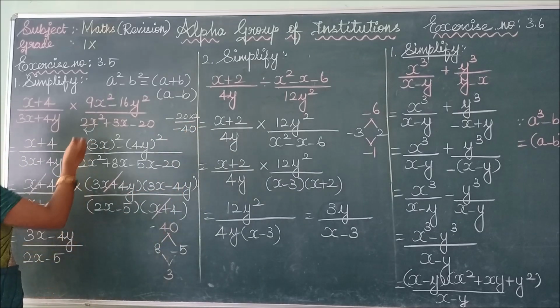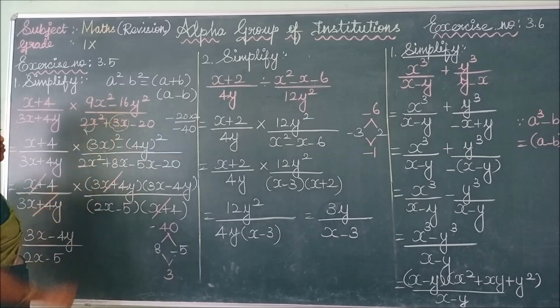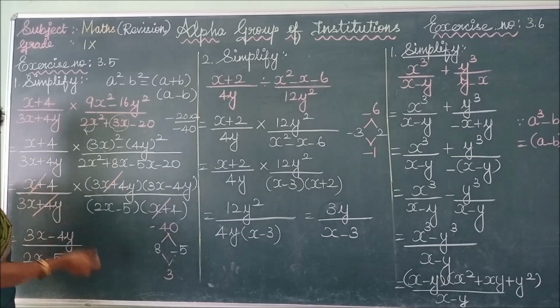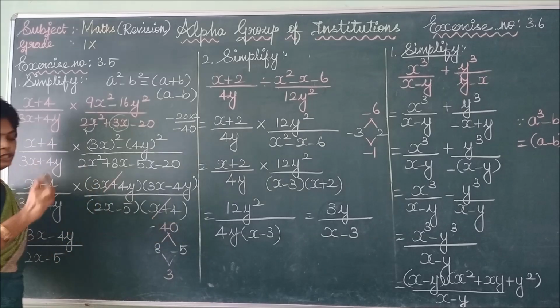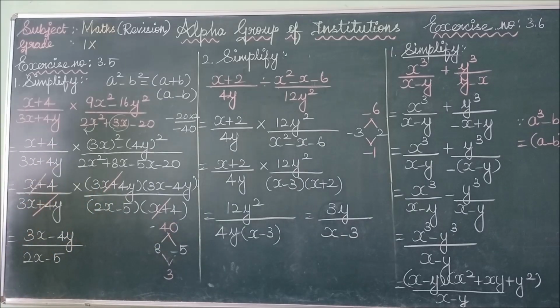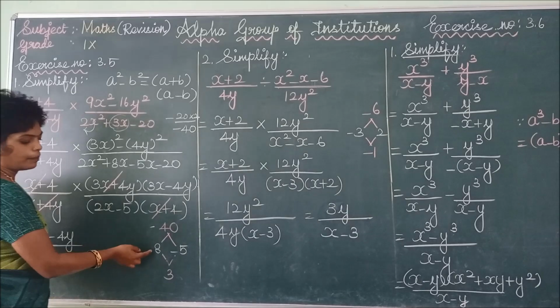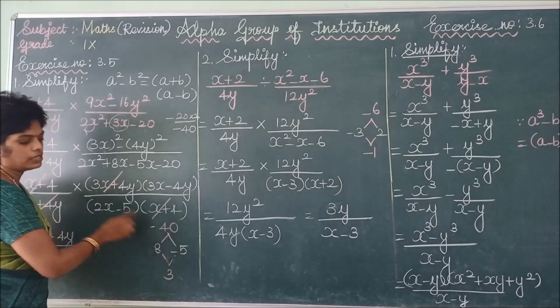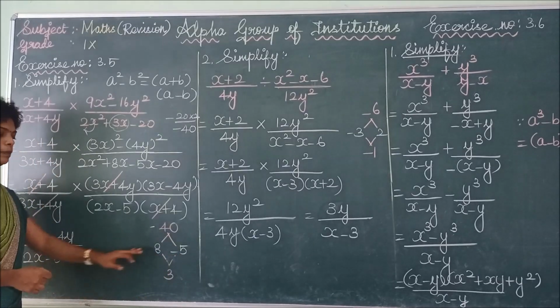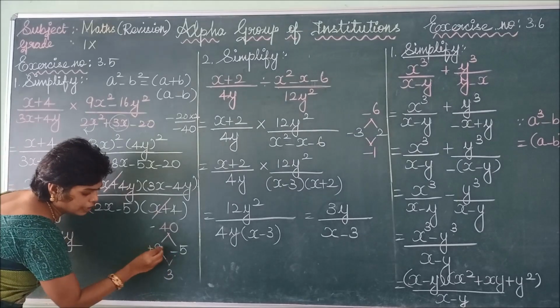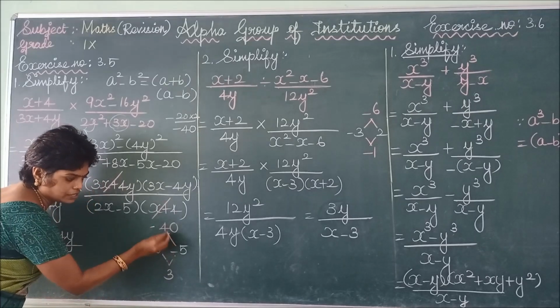So listen here, minus 40. Next, check the coefficient of x. Coefficient of x is what? Plus 3. So put the 3 down. Whenever you multiply any two numbers, the result will be minus 40, and on adding or subtracting, the result will be 3. So check that number: 8 into minus 5 is minus 40. 8 minus 5 is what? 3. Multiplying these numbers, plus into minus is minus, 8 fives are 40.